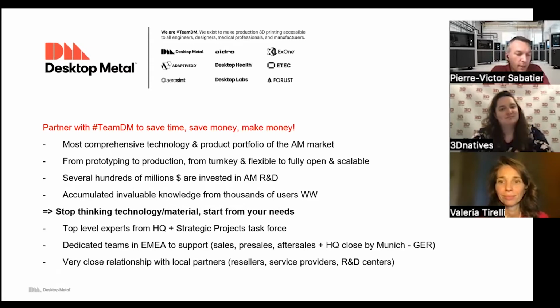Another point I wanted to highlight is the fact that not only can we improve performance, redesign, and bring complexity in the parts, but sometimes, like the parts you showed with the thread, even the standard part that is done in traditional manufacturing, because the producer has other challenges like supply chain disruption, shortage, etc. Even standard parts that are traditionally produced by traditional manufacturing can be produced by additive manufacturing, and it makes economical sense, or just business sense, because you need to have your parts quite fast.